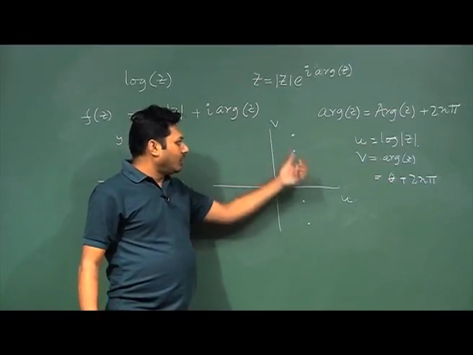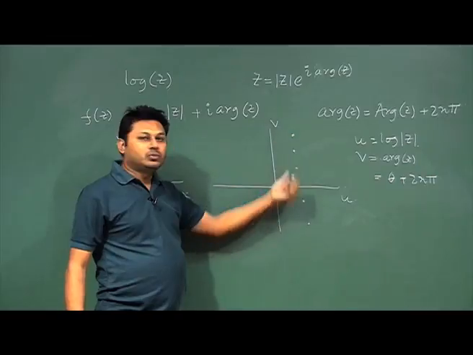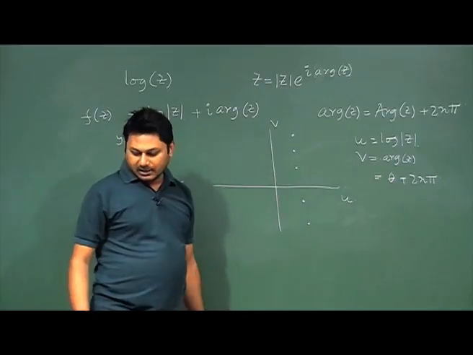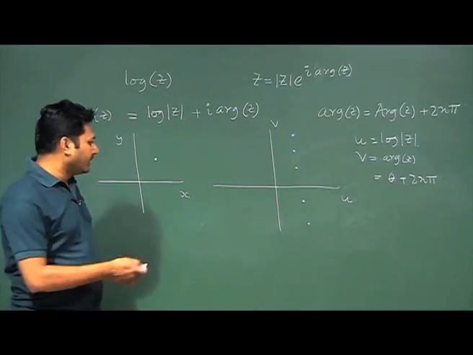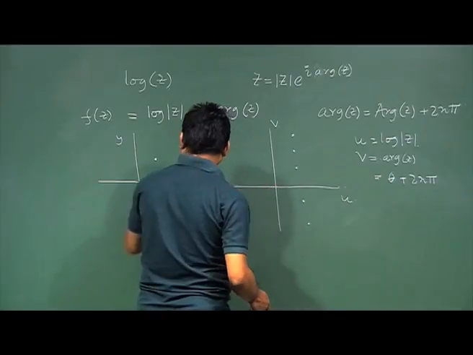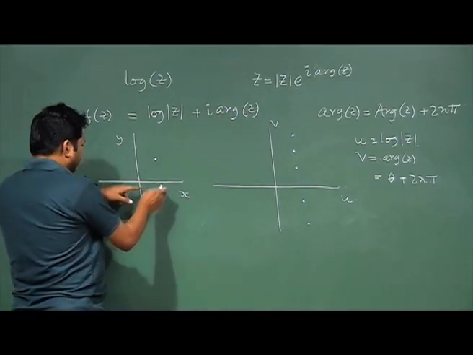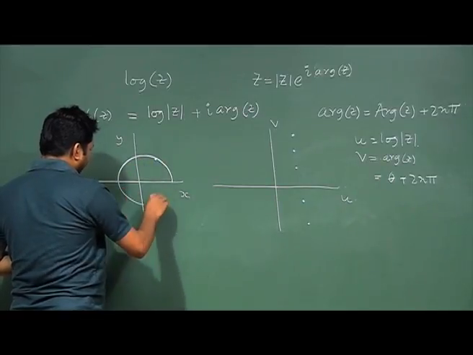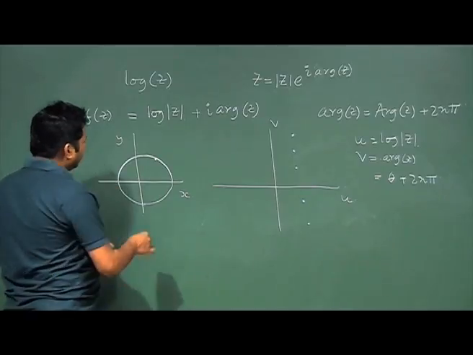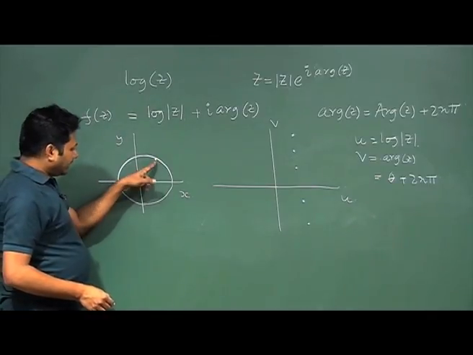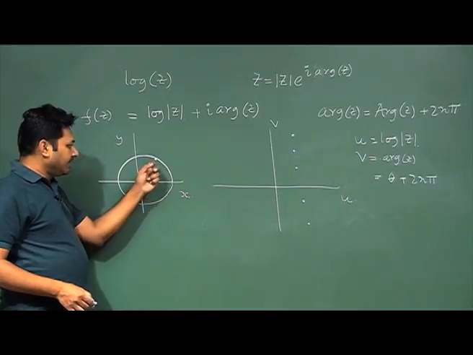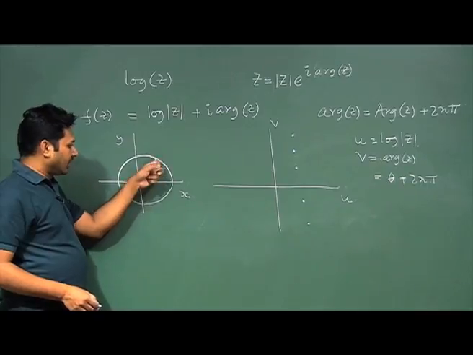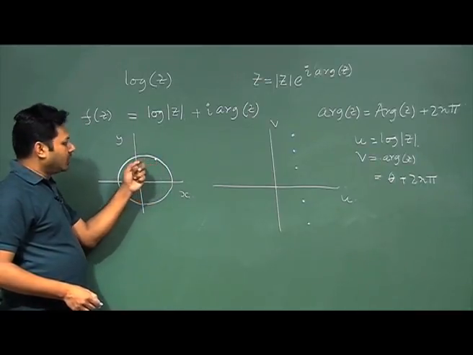So, now how to represent these things, how to find out how these things are there. There is a way you can do that. If I change my theta, as in the previous case, I am now rotating my z, so that I am changing my theta, and after one rotation I am returning back to the same point, but here after one rotation my n value is 1, after two rotations my n value is 2, and so on.